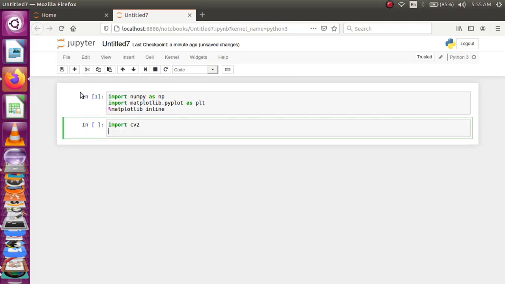And then I am trying to read the image with the help of the function cv2.imread. So, I am reading the image from my folder and transforming it into an array that NumPy can understand.